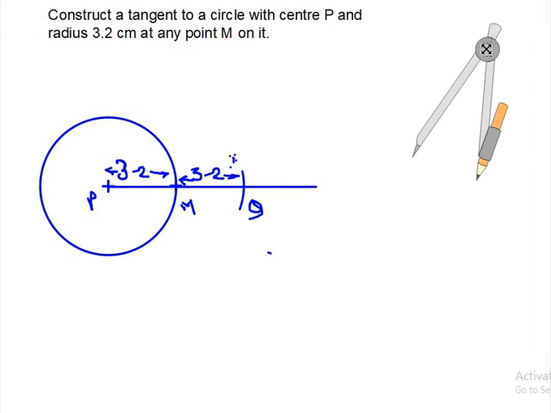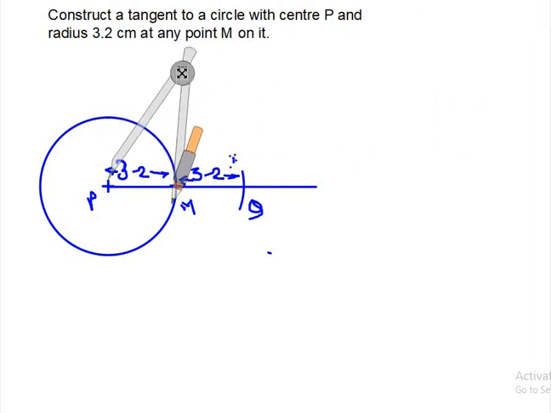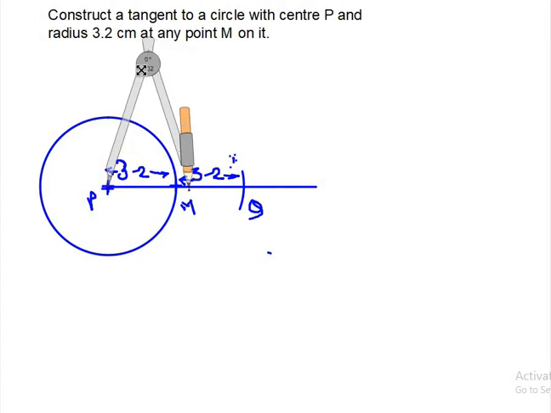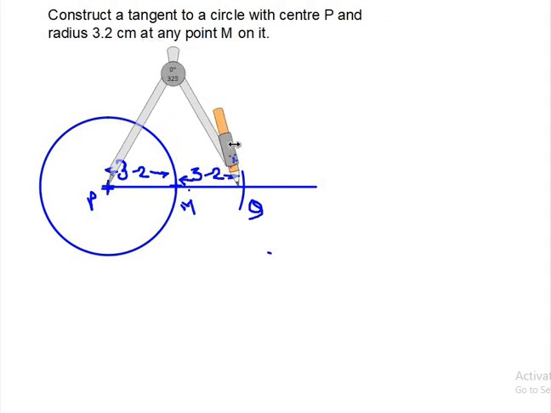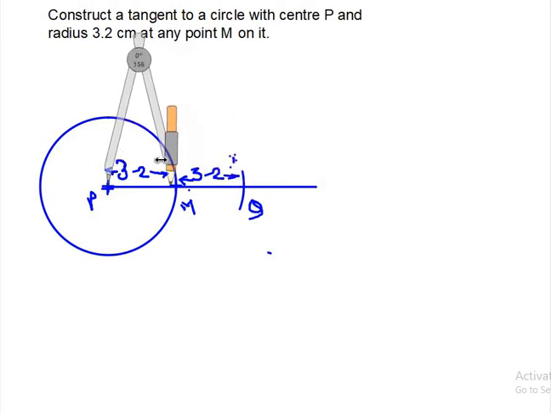A very simple thing what we have to do is that just you keep the steel point at the center and then measure this distance. You take it more than half from the center P. So you can take distance from point M to point Q, but your distance should not go outside Q, or it should not be less than point M.